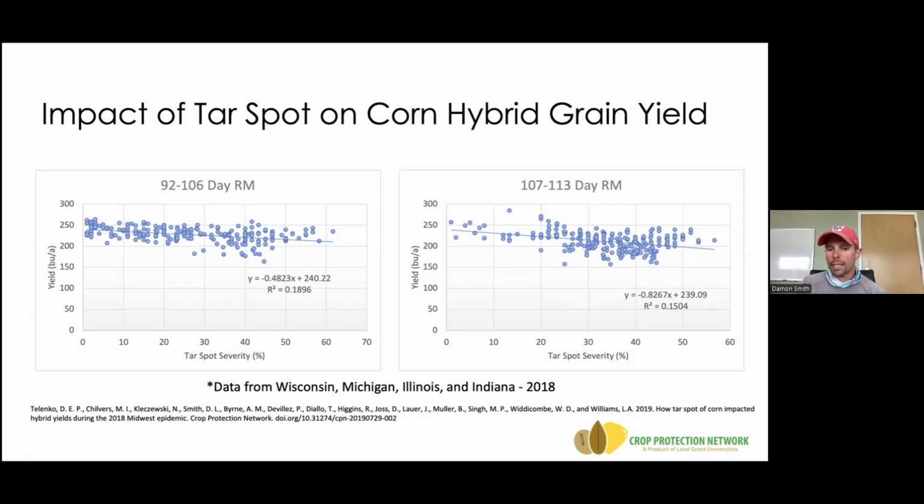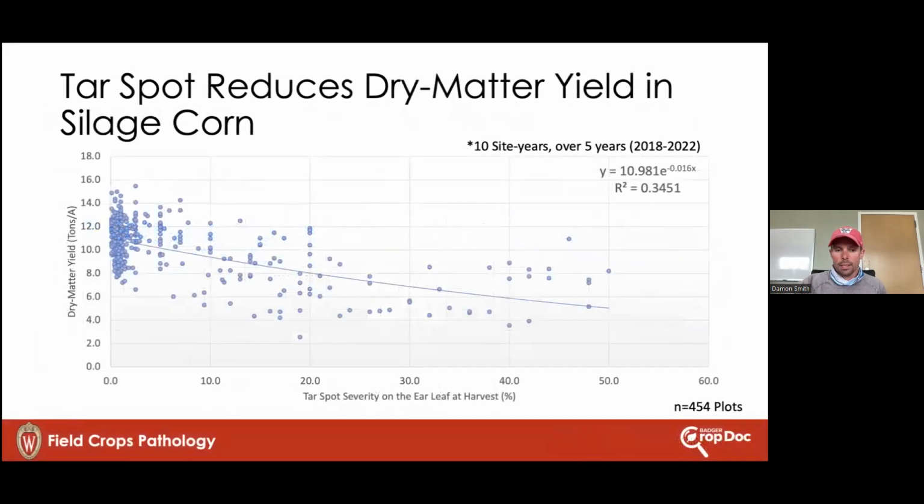We have looked at planting date. You could plant a short relative maturity really early and beat the fungus to the finish, but you do give up a little bit on yield doing that. If you plant a long relative maturity late, you will extend the opportunity of the fungus, and there is potential for those hybrids to get hit quite hard. So you have to think about this a little and balance that relative maturity for your zone, and then think a little about planting date.